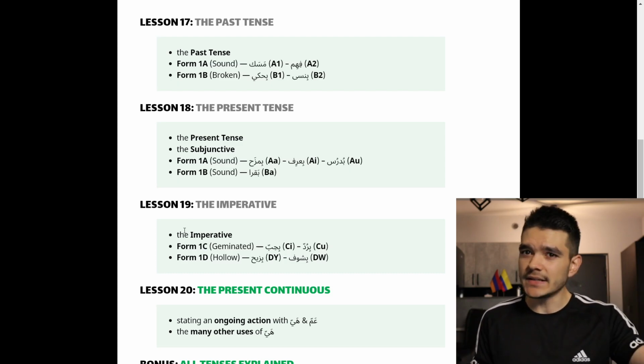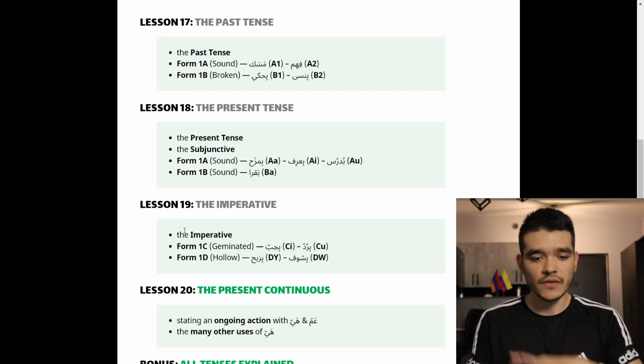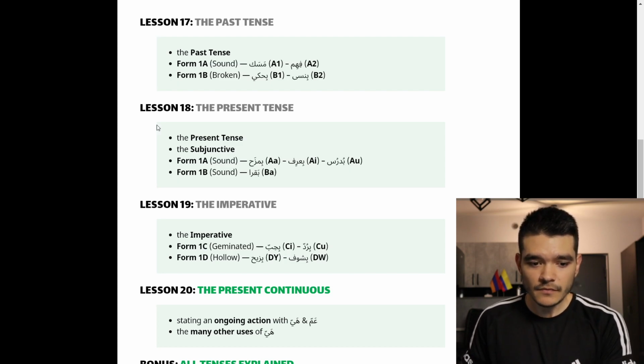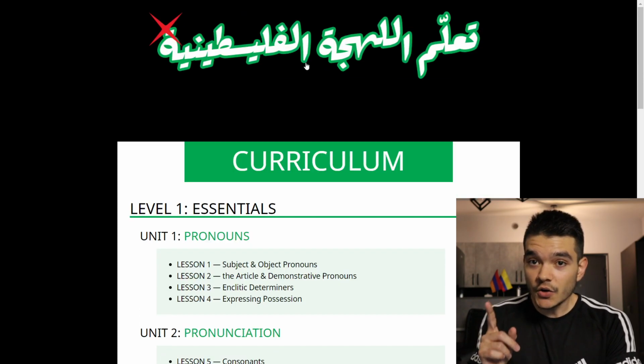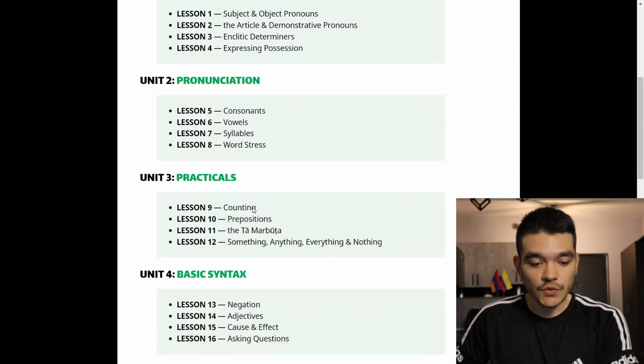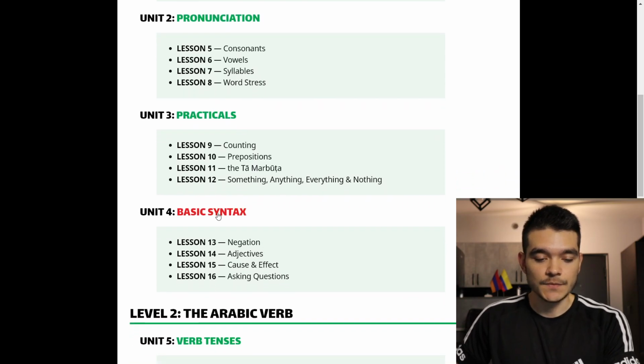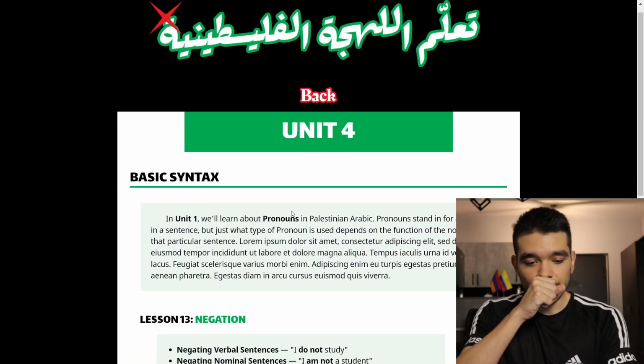I started with the present tense, but this time I think it's better to start with the past tense as the first tense to discuss, and then go to the present tense and then the imperative. I've just kind of switched things up. That's why it's in gray, because the gray ones you can't click on, and it doesn't take you anywhere. But the ones that are not gray, as you can imagine, you can navigate to. So I'm going to show you how that works now.